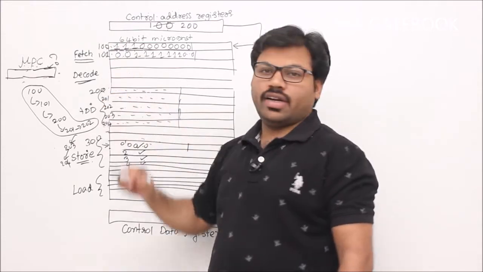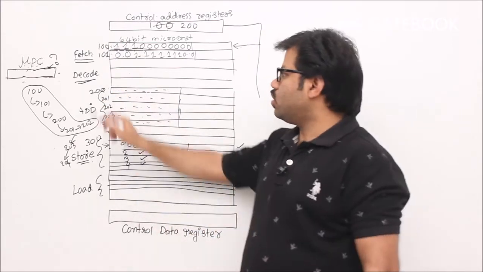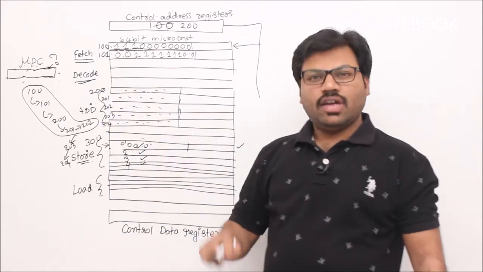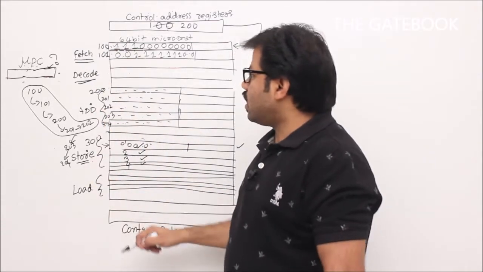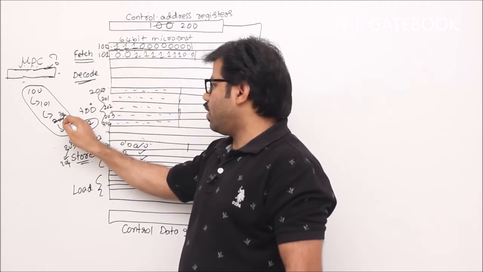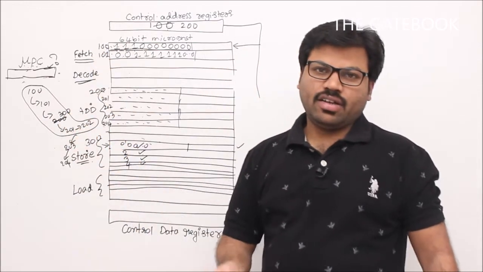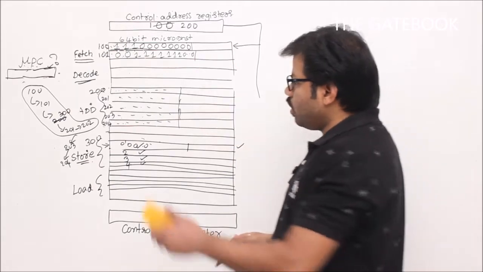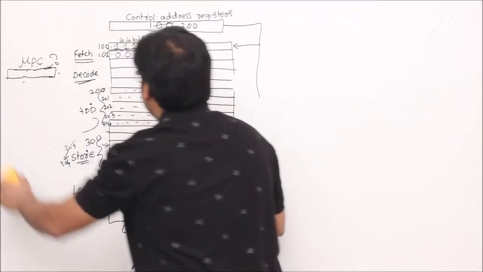Now the question is, sir, how do you change your micro program counter appropriately so that after 101 it will jump to 200? Sir, how do you know that we have to jump from 101 to 200? And sir, if it is a store instruction, you have to jump from 100, then 101, then 300, not 200, correct? But how do you plan it? Further, in this model, how they planned is, they have,